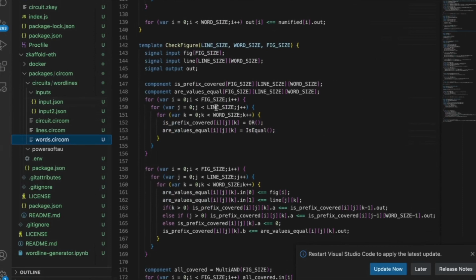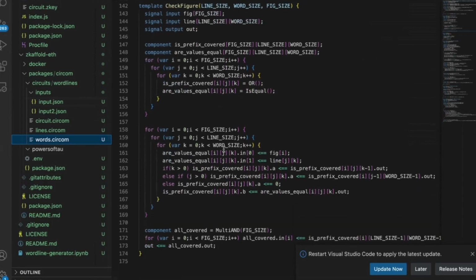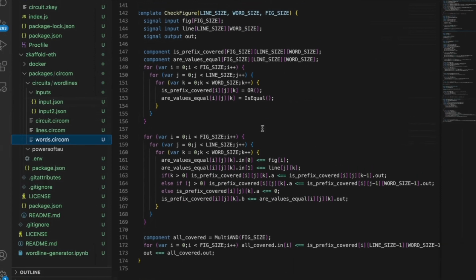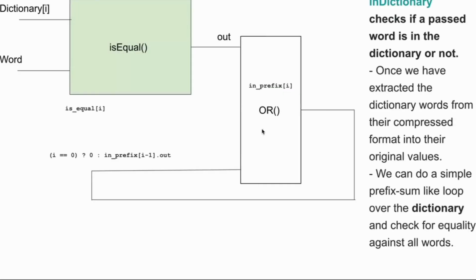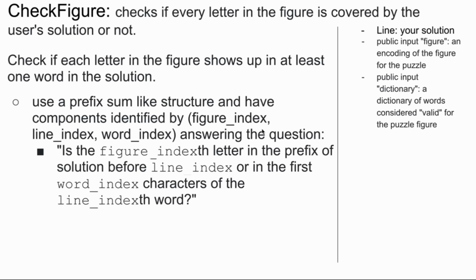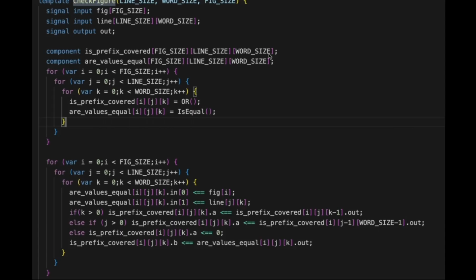That's probably just to check if the figure itself is valid, the starting input of the puzzle, perhaps. No, it could be whether you also need to check that your solution covers all the letters in the figure. So it might be that. Do I have? Yes. Oh, there you do. Yeah. But it's a pretty